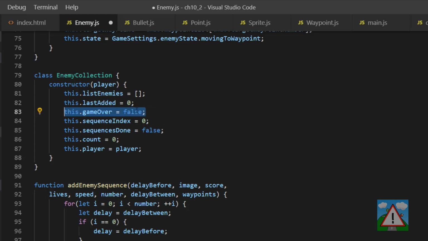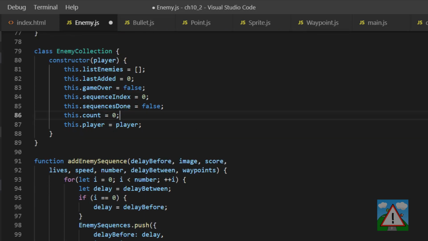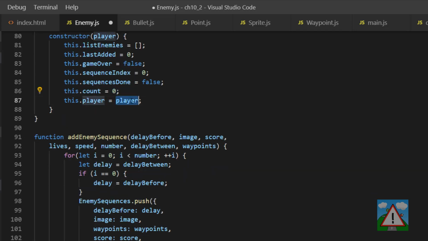This is a detection of whether the game is over. So the game can be over in two ways. One, the player dies, or the other one is we finish all of the sequences and the player has reached the end of the game. Here we have current sequence index, and here we have an indication whether all the sequences have done. Now you may say, oh, well, then the game's over, isn't it? Well, you can have already gone through the last sequence, but the enemies are still on the screen. So we use this as part of the game over detection. Here's our count of our enemies to be able to get some unique divs,